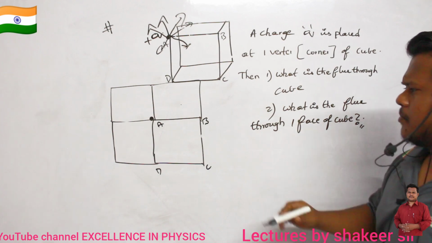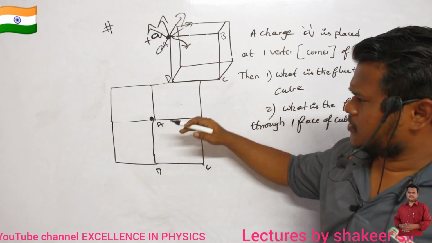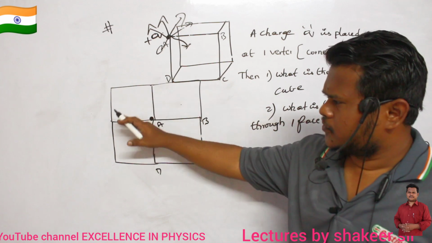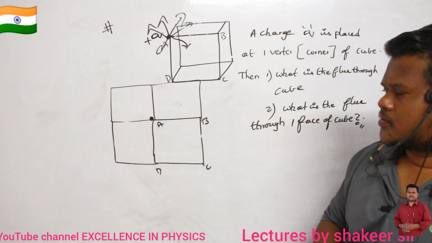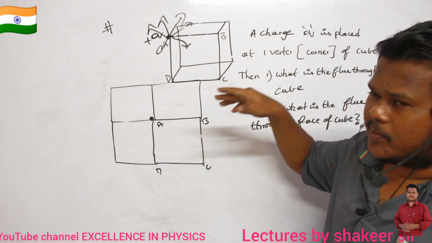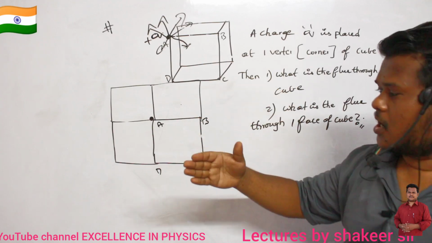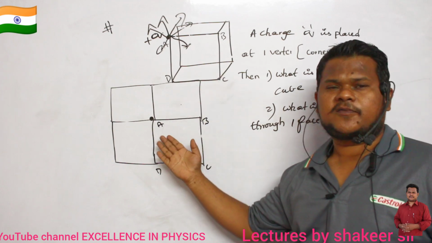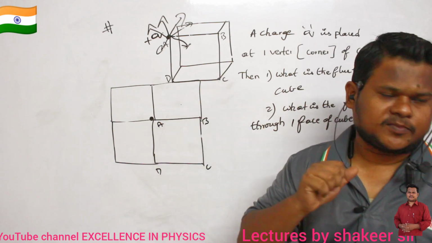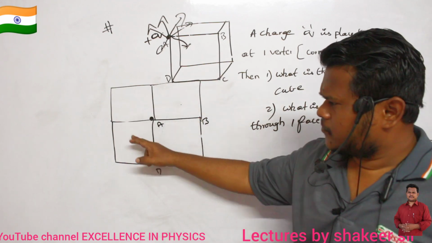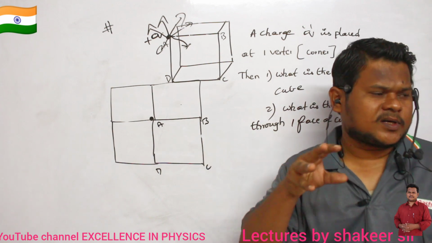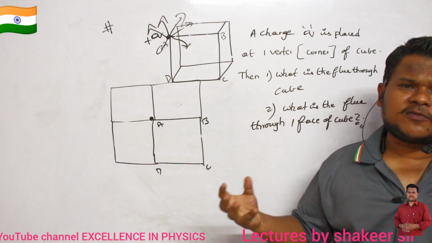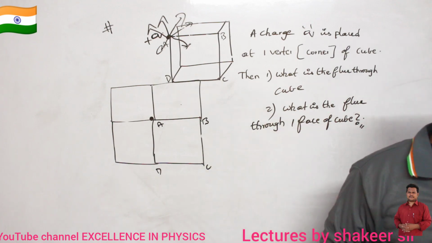Clear? So I am taking this face A, and above this cube I am placing one more cube, one more cube, one more cube. So 4 cubes are present. The flux which is going into the back of this board, half of the flux will be entering the board, and half of the flux will be coming out of the board. So with the help of 4 cubes, I have covered the flux which is entering into the board. Clear? Then what about half of the flux which is coming out of this board?